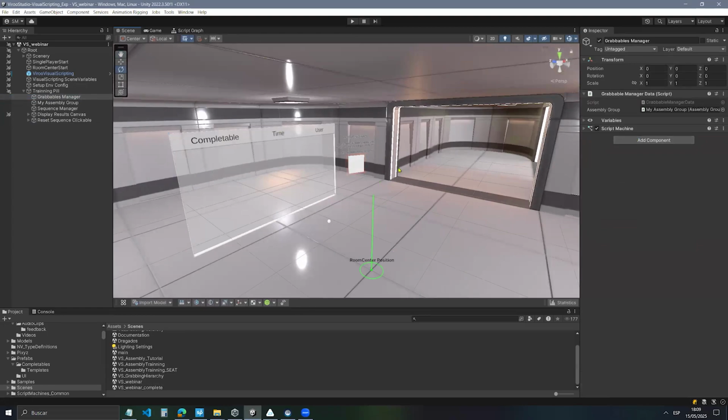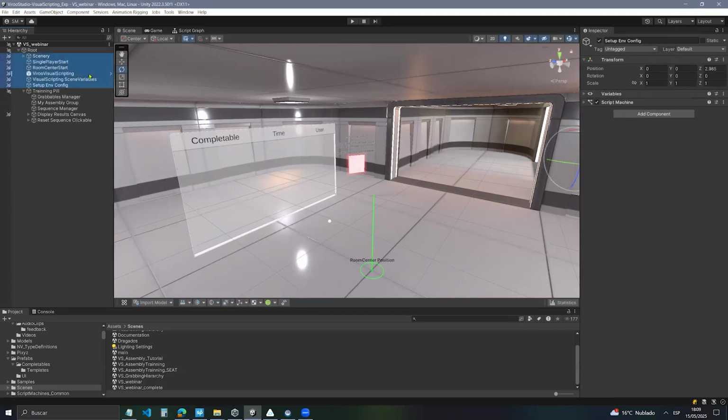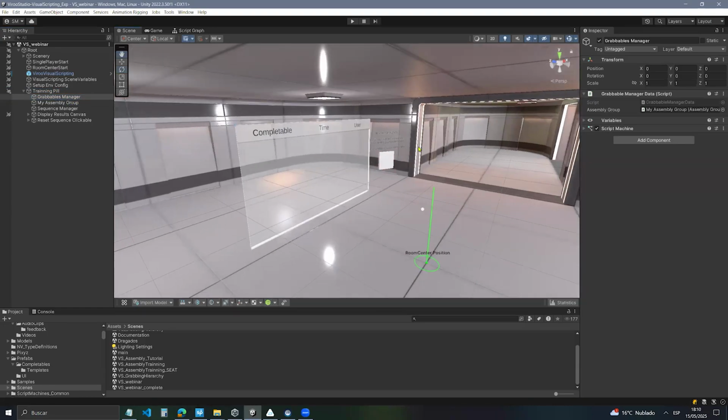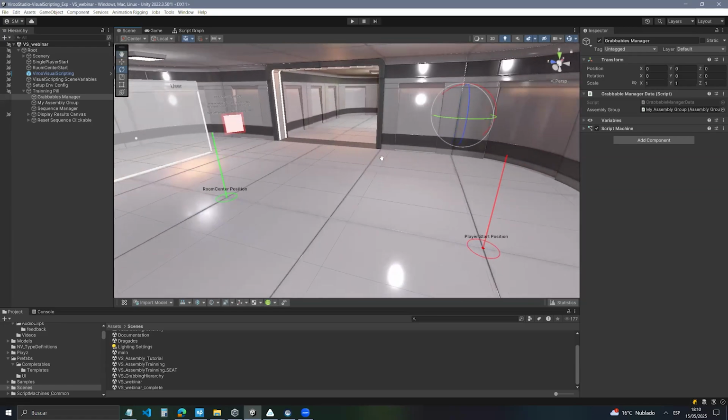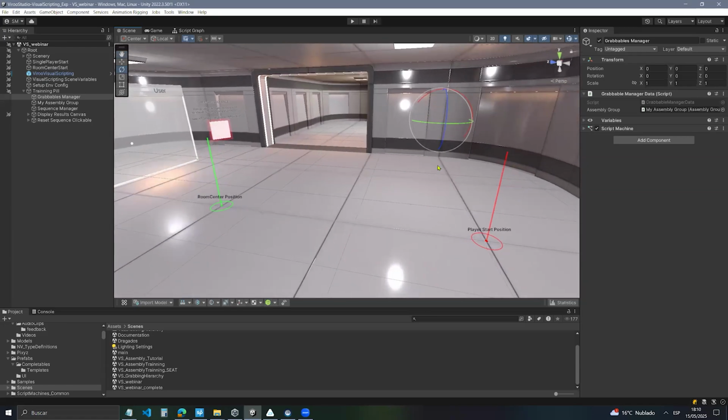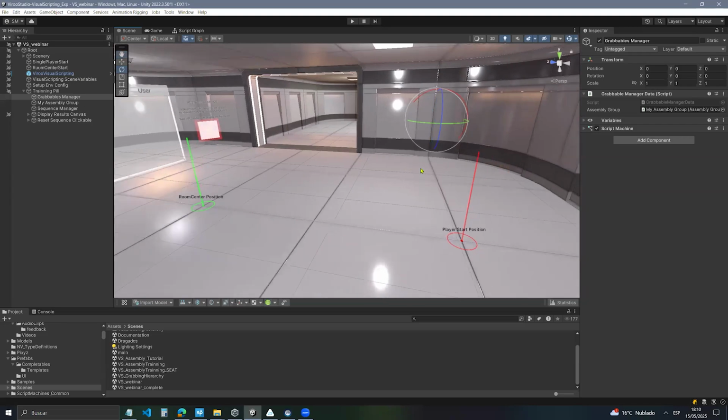The first important thing in this scene, furthermore, the standard components and game objects that we use in any VIROO project, which are these ones from here, are grouped in this training build hierarchy. So the first one is the grabbable manager. The grabbable manager is going to be the manager of the objects that we're going to be able to grab with our hands or with our controllers in XR, and